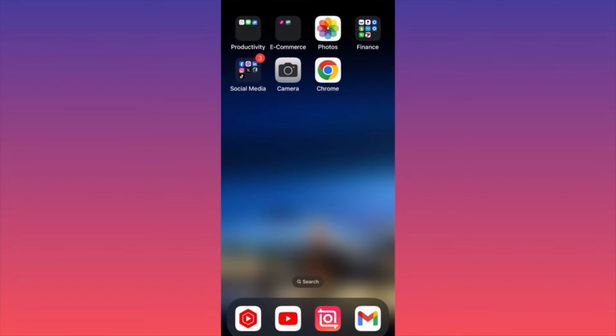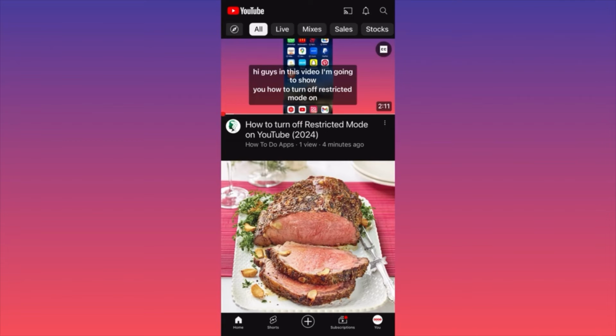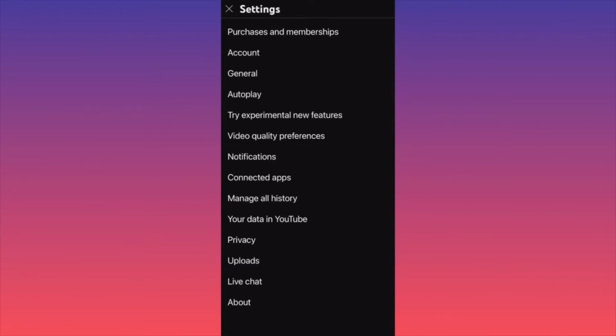First thing you want to do, launch the YouTube app, then click on the lower right corner where you see your profile picture and it says You. Click on it, then scroll all the way to the top and click on the gear icon on the right side. When you're on this menu, we're going to click on the section that says Manage all